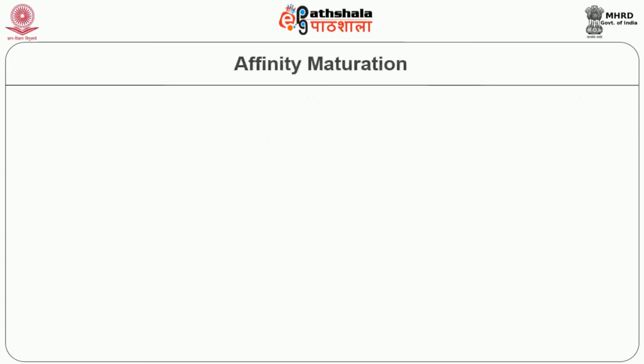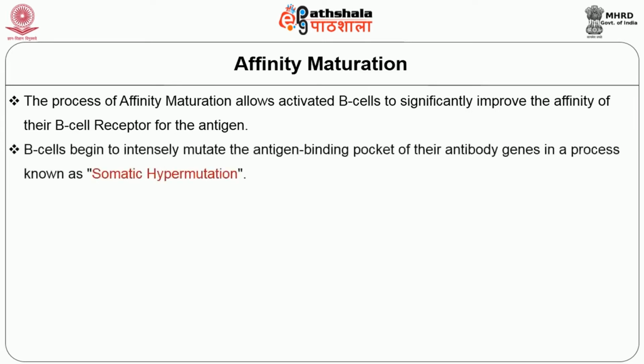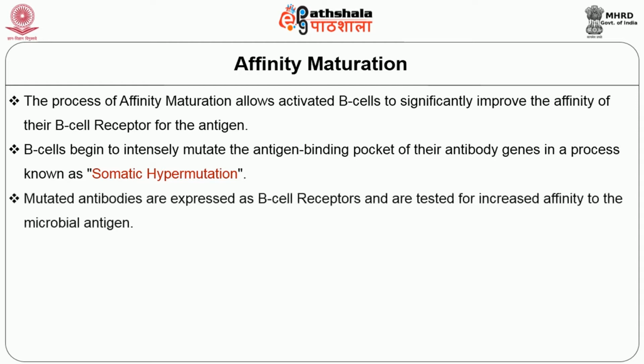Let's see what is the detailed process of affinity maturation. The process of affinity maturation allows the activated B cell to significantly improve the affinity of their B cell receptor for the antigen. B cells begin to intensely mutate the antigen binding pocket of their antibody gene in a process known as somatic hypermutation. Mutated antibodies are expressed as a B cell receptor and are tested for increasing affinity to